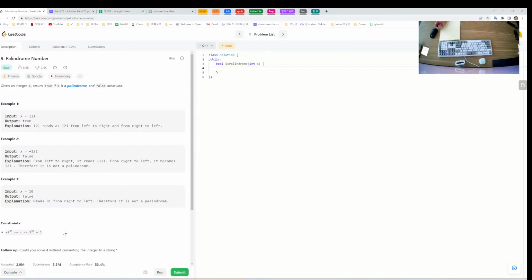So how to convert int to string? There is something like std::to_string, I guess. Let me try this first. Then the other way around is